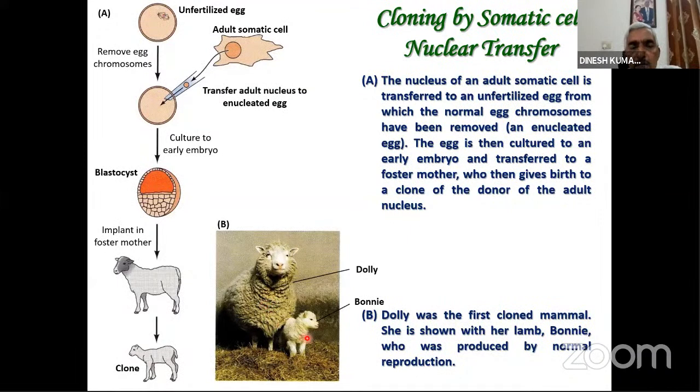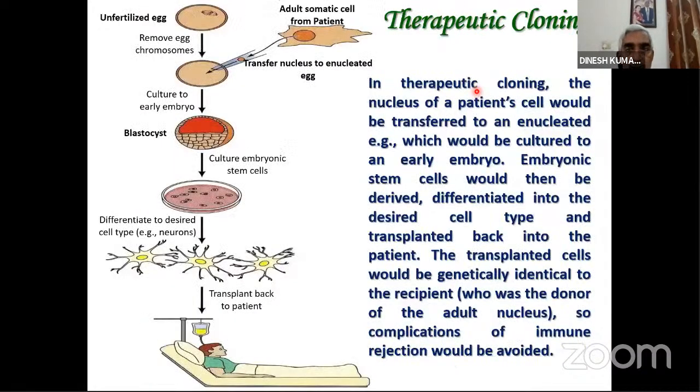And this is Bonny, which was produced by the normal reproductive procedure, from Dolly, the first sheep farm clone of the world in 1997, Wilmut. So this stem cell technology is cloning by somatic cell nuclear transfer, as well as it is also used